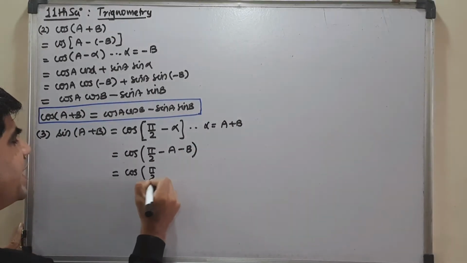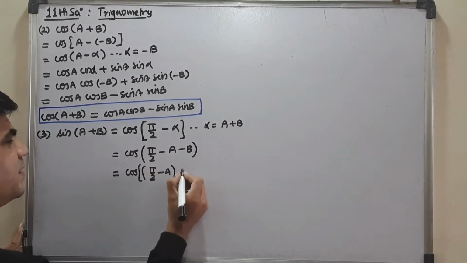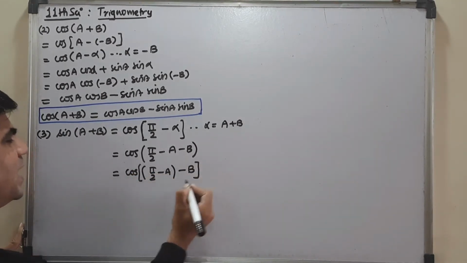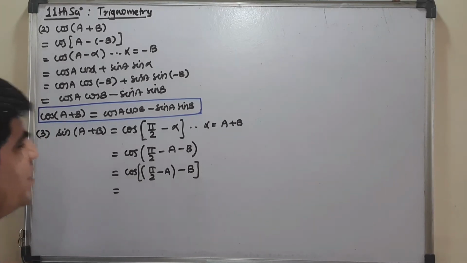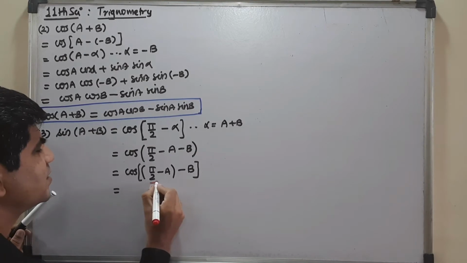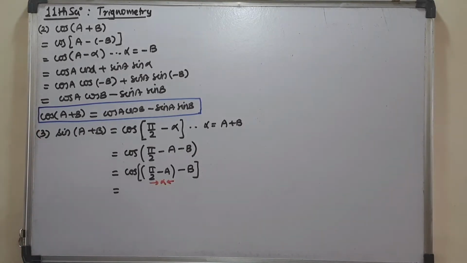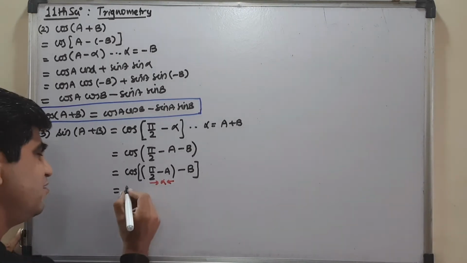Let it be pi by 2 minus a taken together, then minus b, so that the formula of cos a minus b can be very easily applicable, where this one is your so called alpha. So this will become cos alpha minus b or cos a minus b,